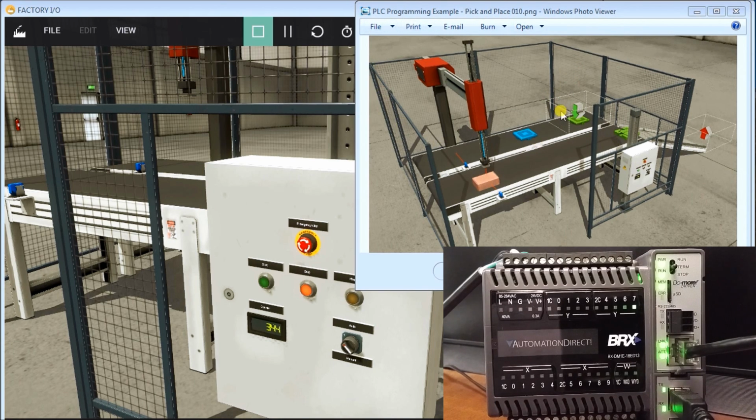On my screen here you'll see I have a conveyor with a robot, and we have incoming items coming down the conveyor, which will start. We have a photoelectric sensor that will sense the object presence. Then we'll have a robot arm come down in the Z-axis. It will pick up the item. It will then come up, and then it will go forward in the X-axis, then go down in the Z-axis